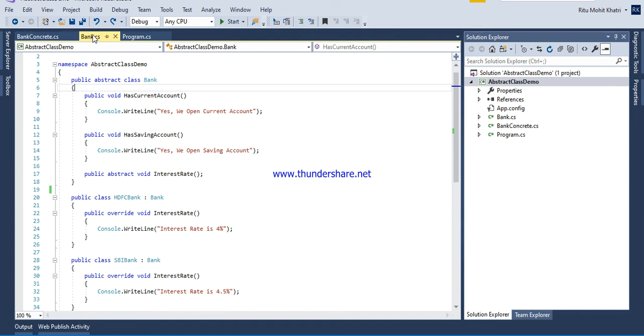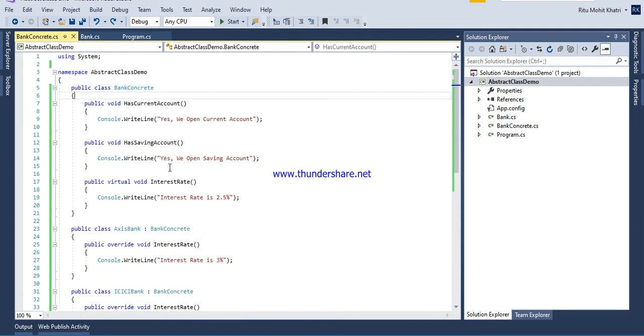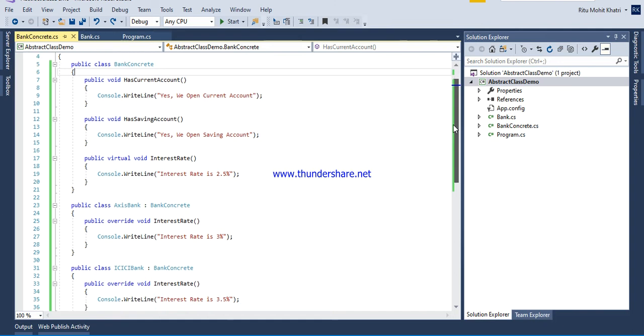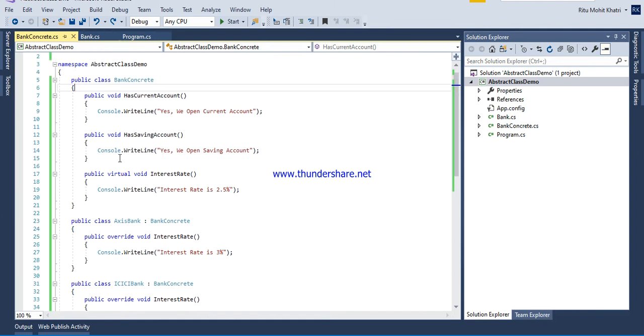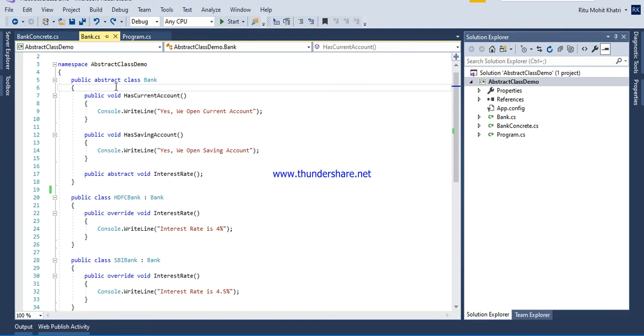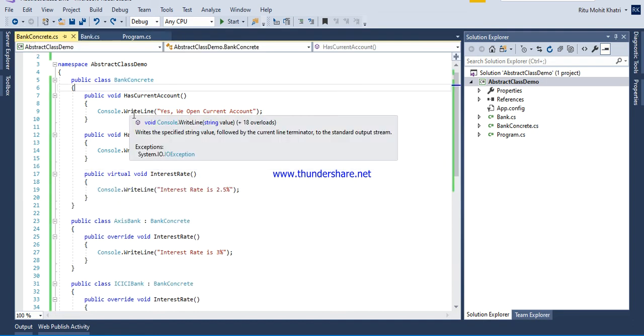And we have already seen that the concrete class cannot have the abstract method, but the abstract class can have the abstract method or not, as per our need. Also you can see one thing here with both examples.